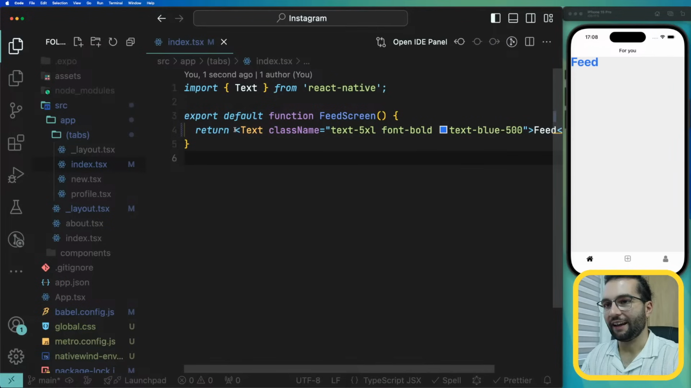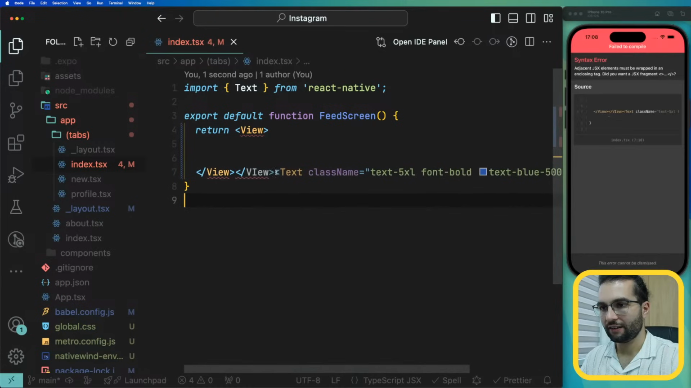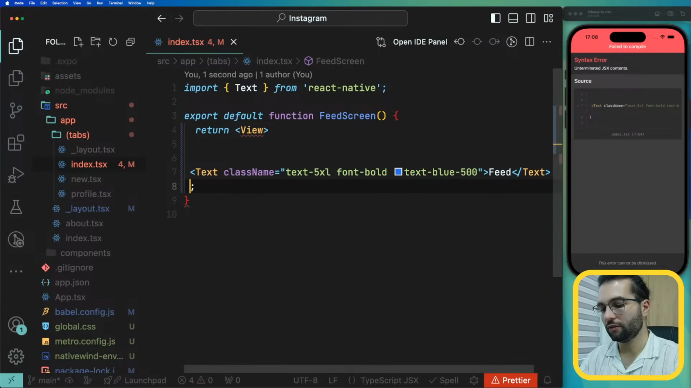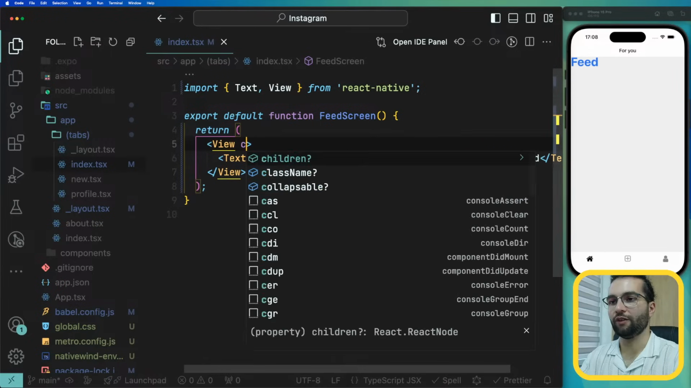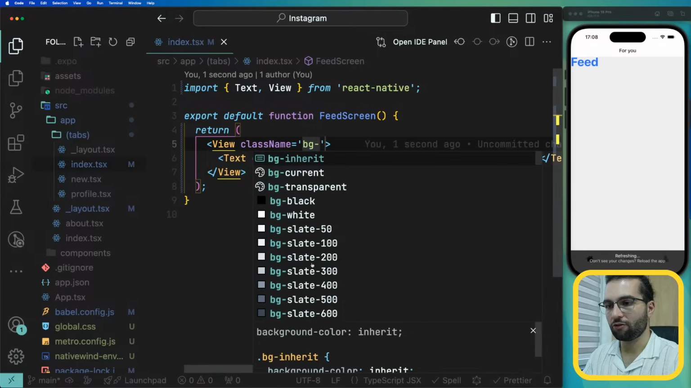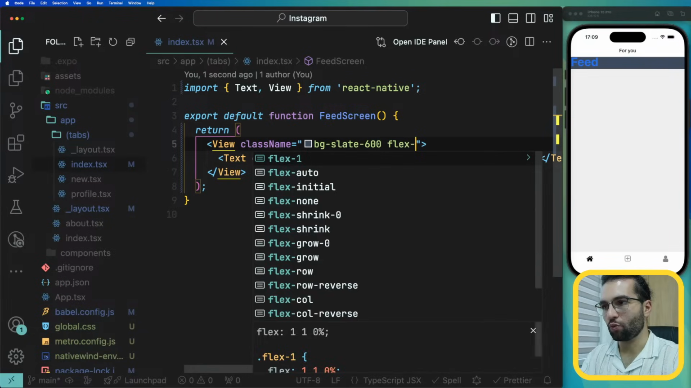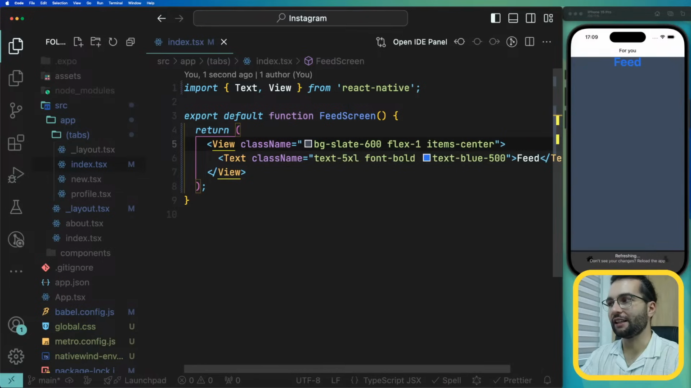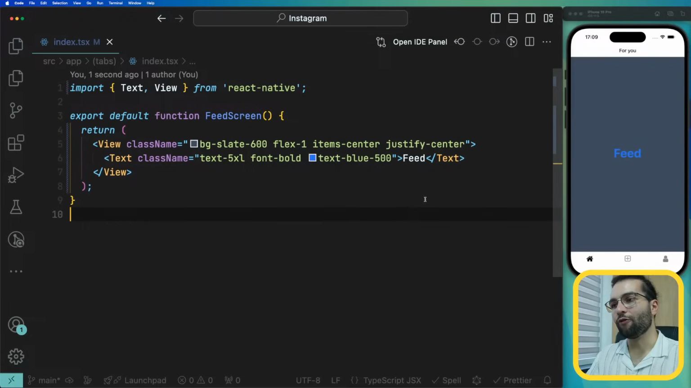If we put this text inside a View, make sure to import View from React Native. We can give this View again a className. We can give it bg for background, and here we can give it, I don't know, a slate, like a gray color. We can give it flex-1 to make sure that it is full screen. We can give it items-center to center items in the middle. We can give it justify-center to center it in the middle,